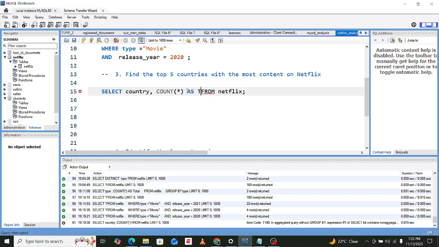You can just call it total count. Let's output that and see.